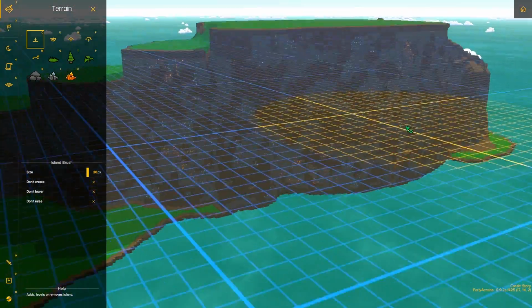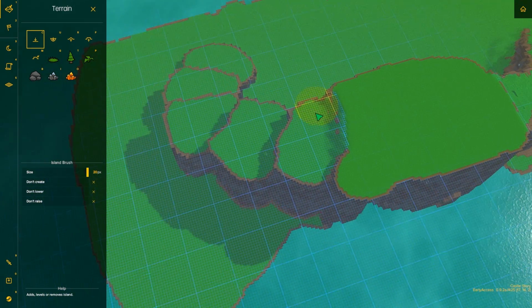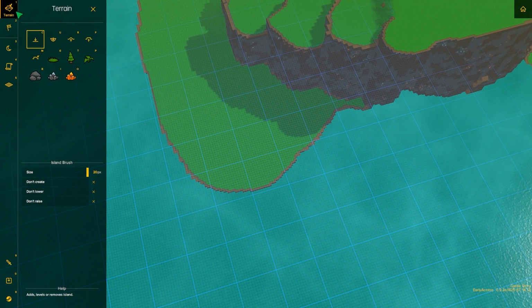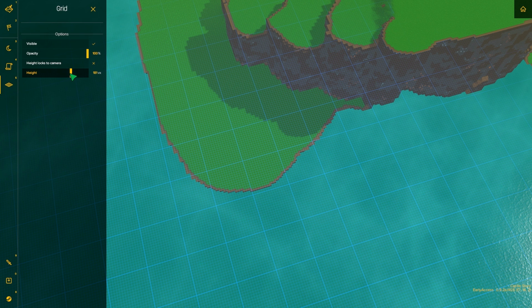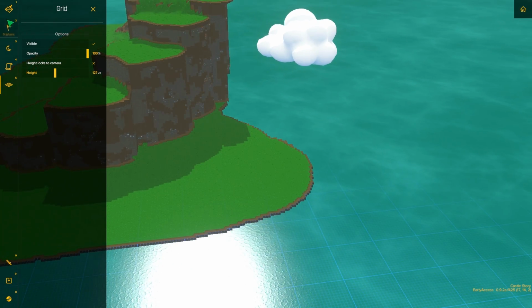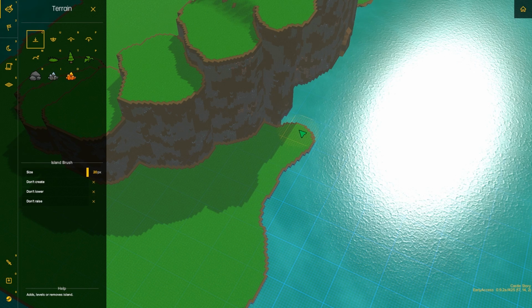Oh, why is it doing that? Oh, because there's no island on the ground. Okay, I was going to say, ew, why is that happening where it's floating out? Hold on, I need to fix that because that would look disgusting. Lower the grid back down to 127. There we go. Island, so it is just a lot of jumping back and forth between menus, but